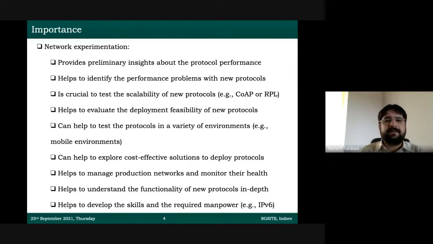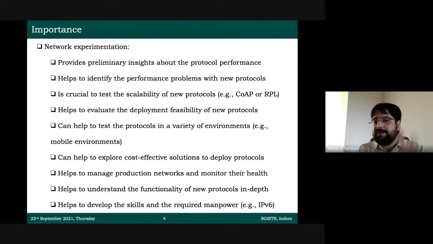For example, if you have IPv6, take a look at what's happening. IPv6 deployments in India are increasing. If you are not aware, let me just bring it to your knowledge that the Ministry of Government of India has brought separate initiatives for deploying IPv6. And there are so many new programs, including funded programs and certification programs, that are happening just on IPv6 deployments. So developing manpower on IPv6 is important. Now, how do you develop manpower on IPv6? You need to put IPv6 network experiments in your curriculum or introduce them in your labs so that students can play more with IPv6 and they'll become familiar.